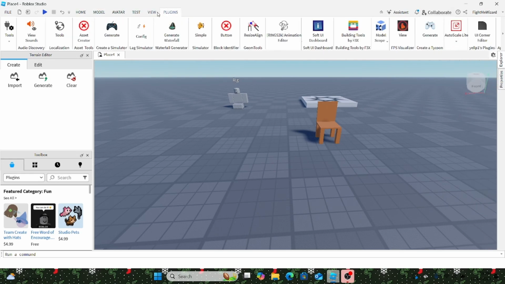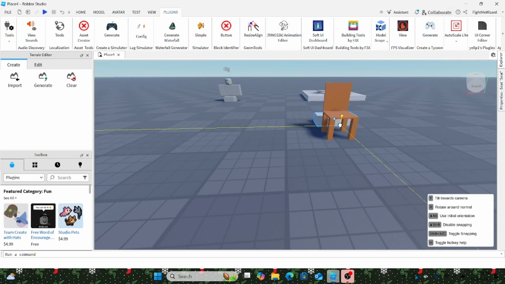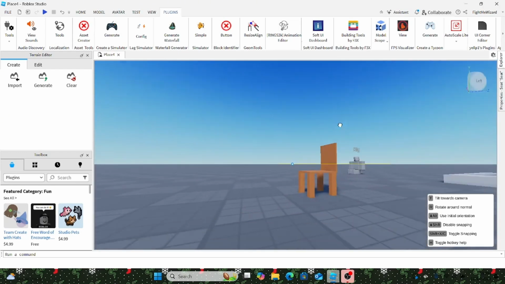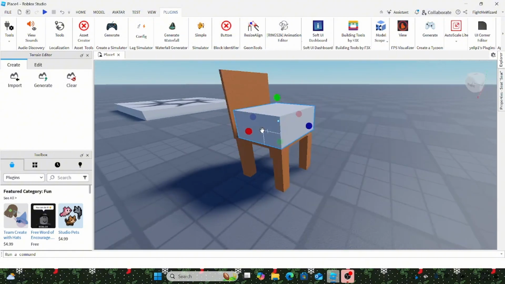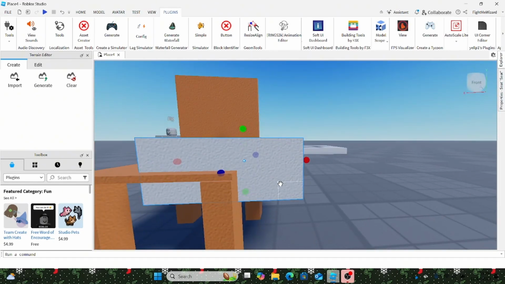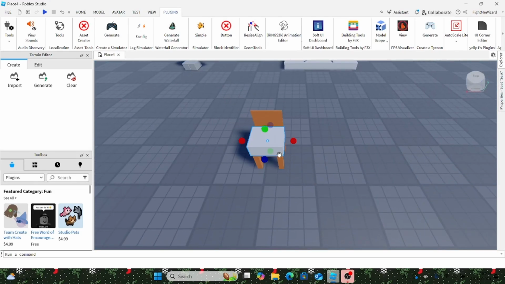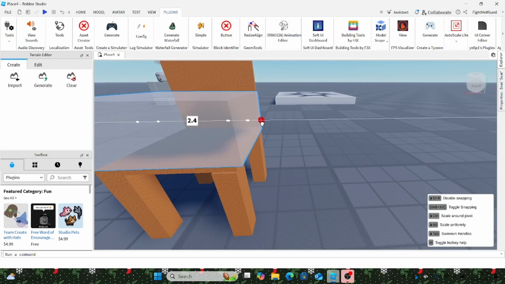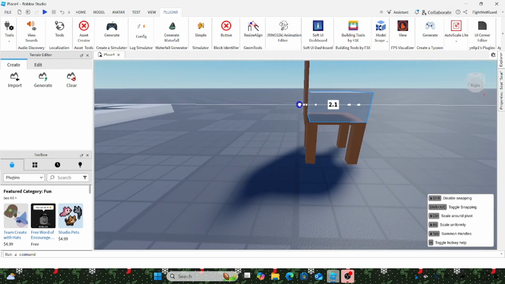But we didn't actually place it because we're dumb. Let's go ahead and find the building tools, place seat. Go ahead and close your building tools. Bring this back. Now what we're doing is basically adding the actual seat part. Make sure that it's perfectly aligned with the front and back. Now this is probably the easiest part because you're literally done at this point. So do this, bring it out,